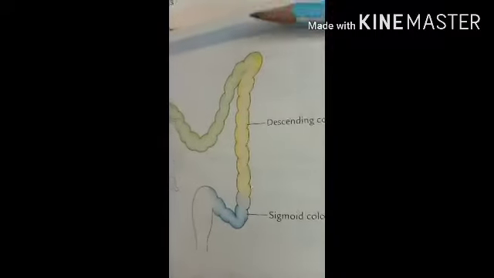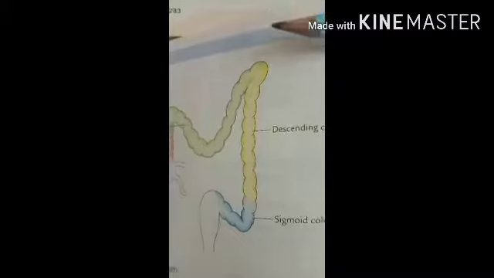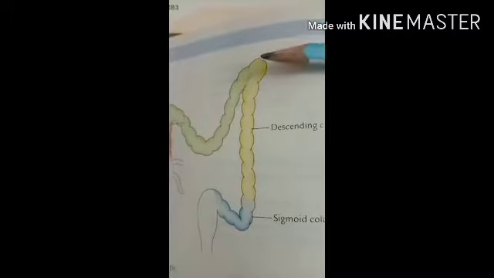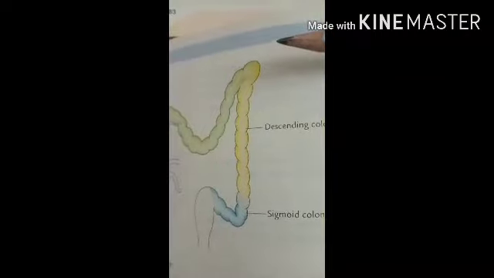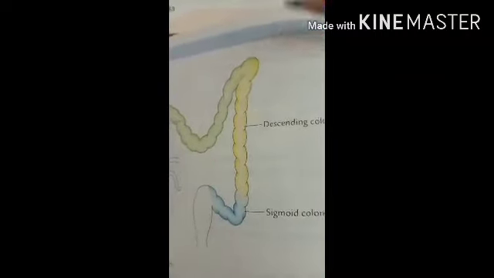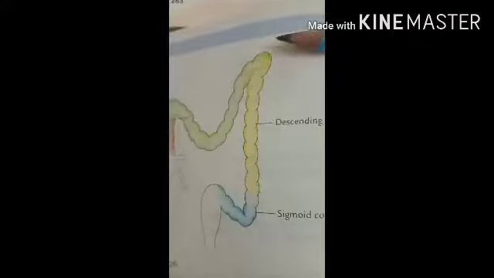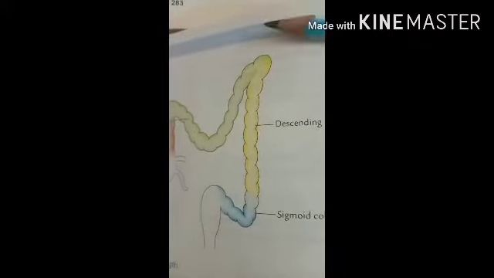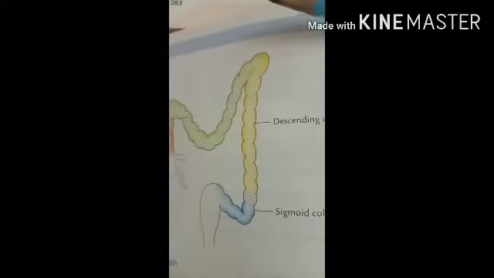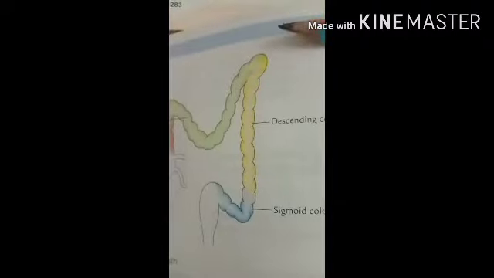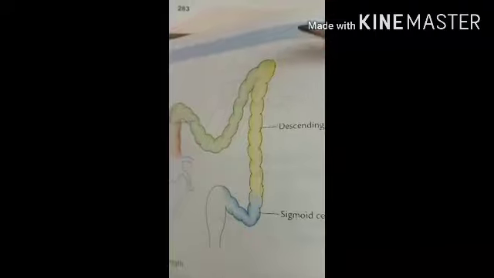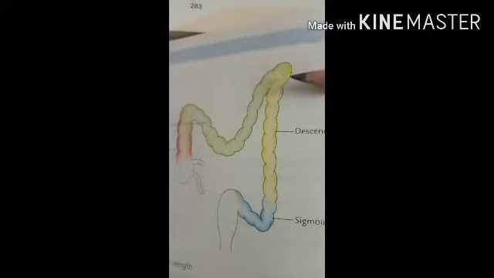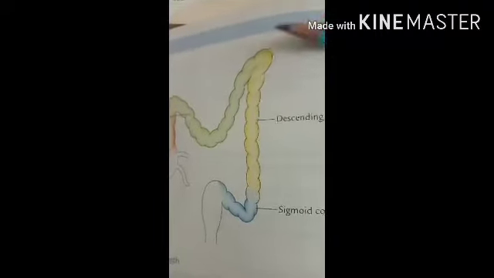The flexure is attached to the 11th rib in the mid axillary line by a horizontal fold of peritoneum called the phrenicocolic ligament. This one. The phrenicocolic ligament we had seen in the diaphragm. This ligament supports the spleen and forms a partial upper limit of the left paracolic gutter. Okay? So that is the left colic flexure.